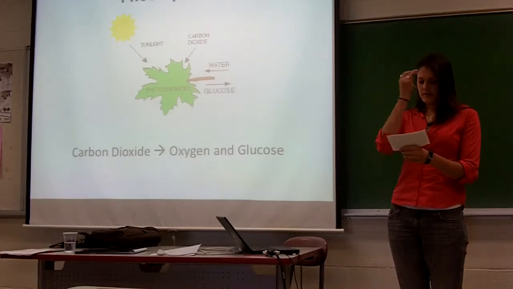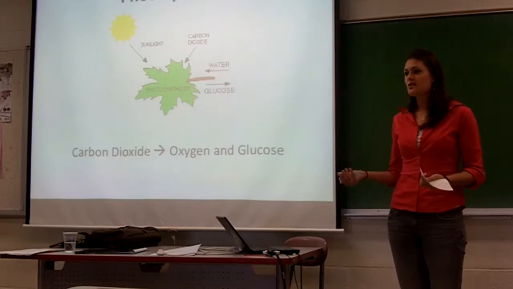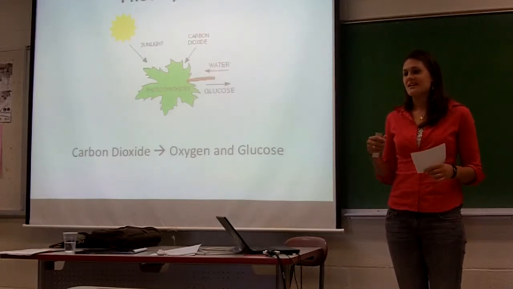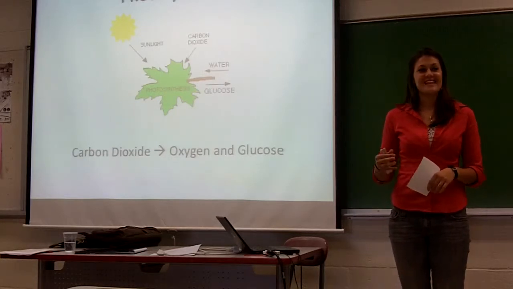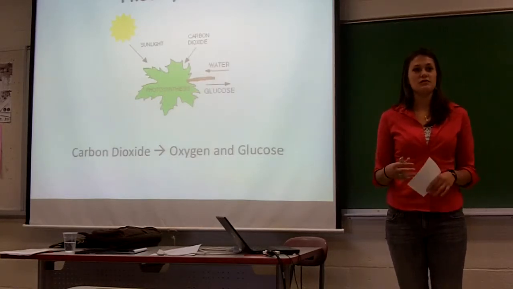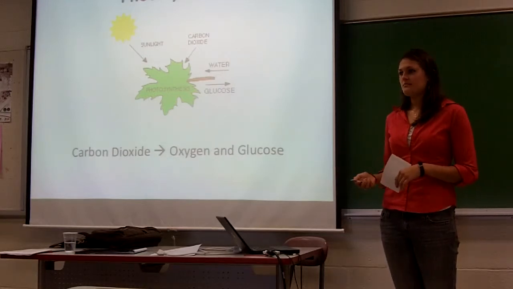And so the chemical that allows photosynthesis to occur is chlorophyll. And chlorophyll is in every leaf of every tree, and it is why we see green. Chlorophyll is a green chemical, and that's why we can see it. And so,